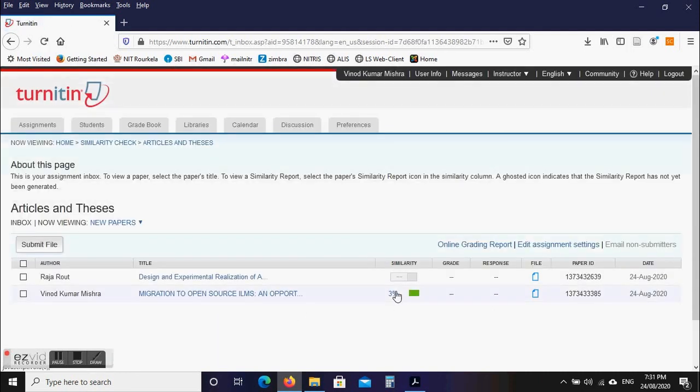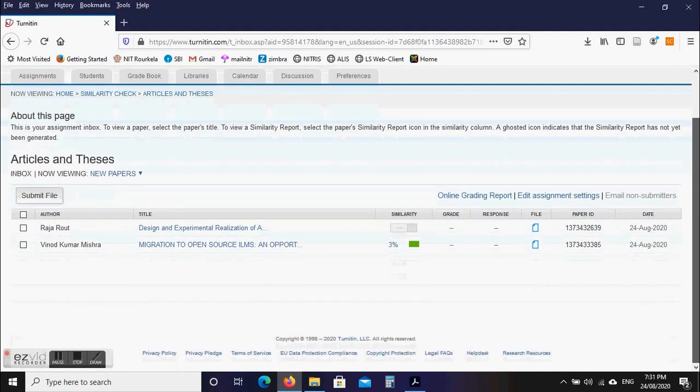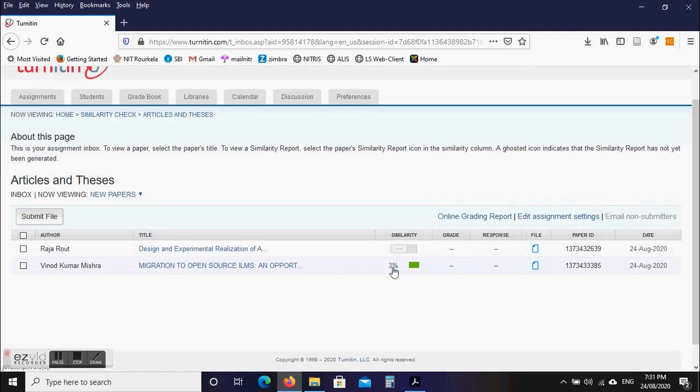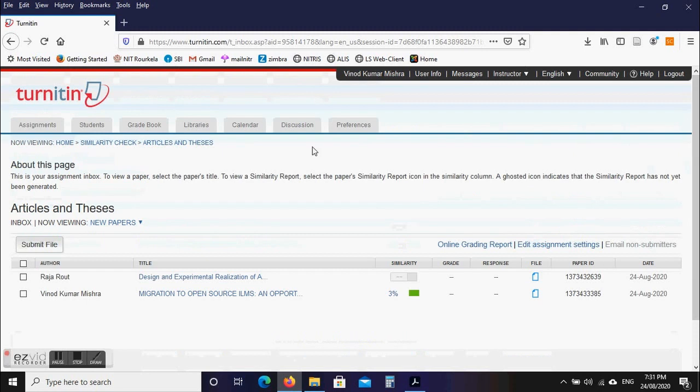Since this was a very small file, it indicates only 3% similarity. The other will still take some time.